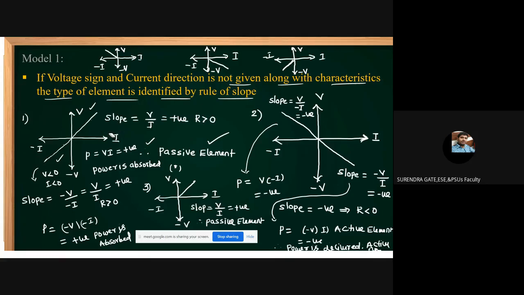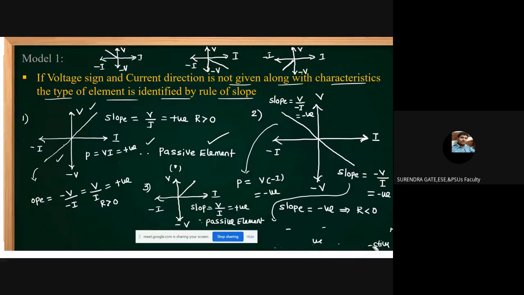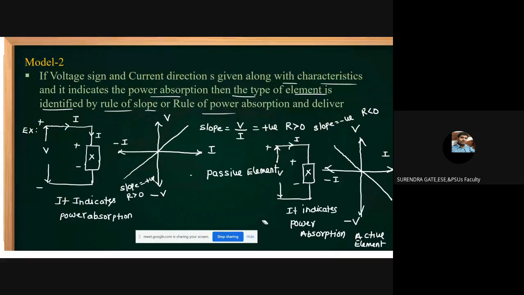Don't do any power calculations. Better to go for only the slope. This method is also good, but as compared to the third model, we are getting some confusion. That's the reason I am telling like this. Go for only the slope calculation. This is my suggestion, students, so don't make any confusion. Instead of power calculations, better to go for only the slope calculation in the first and the second model.